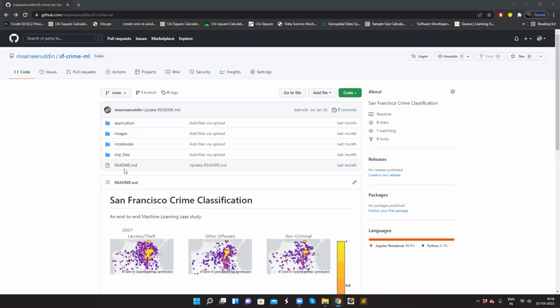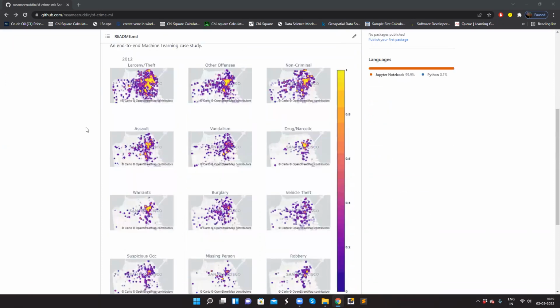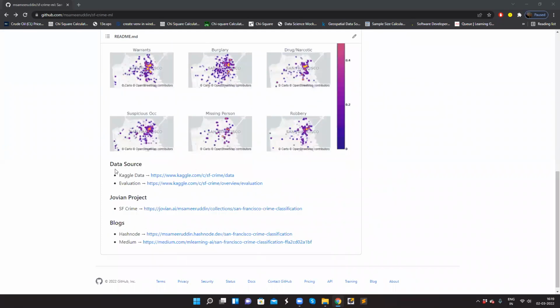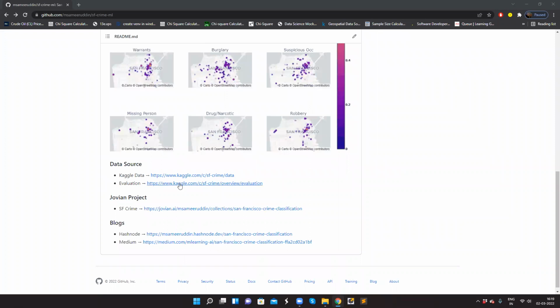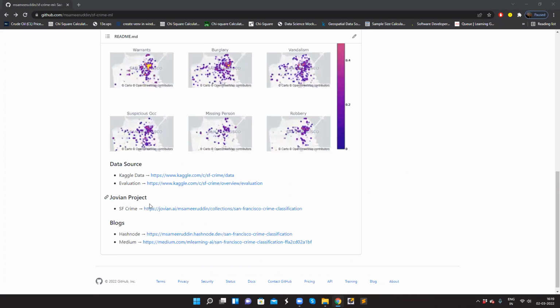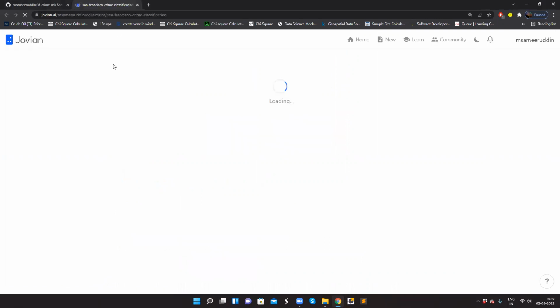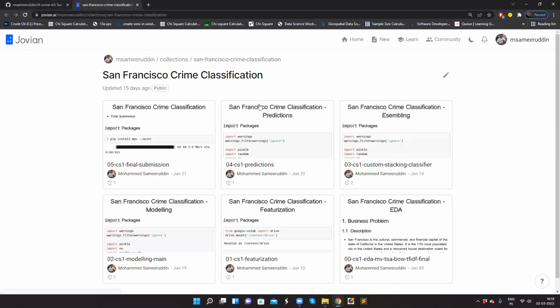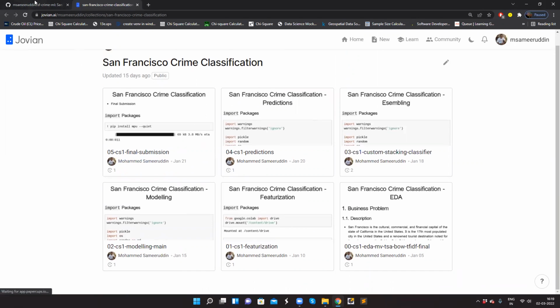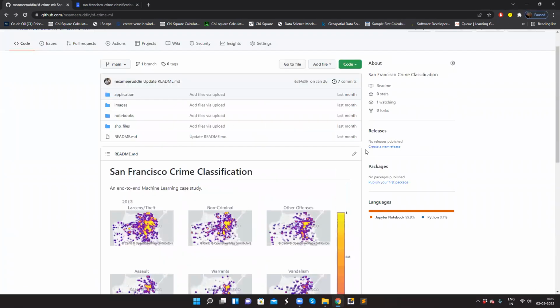So guys, this is my GitHub repository for the project which we discussed in the previous videos, throughout the videos, right? So here you can find everything: data source, evaluation metrics, the project link, wherein I explain, right? You might have seen the explanation part, which I did using this platform, right? So you can refer to this, you can clone this repo, and you can run it